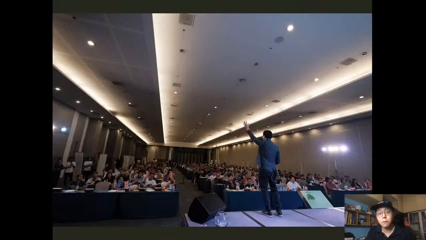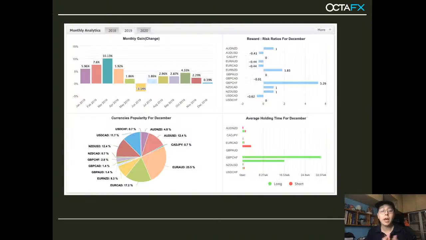These are just some photos of the various sharings I've done across Southeast Asia, and I think it's very important to also show you some of my results, from 2019 to this year, 2020. Again, this is very important because I want to be as transparent as possible with all of you, since you decided to invest time with us in this webinar. I want to make sure that you know what is the real deal, what is real in trading.